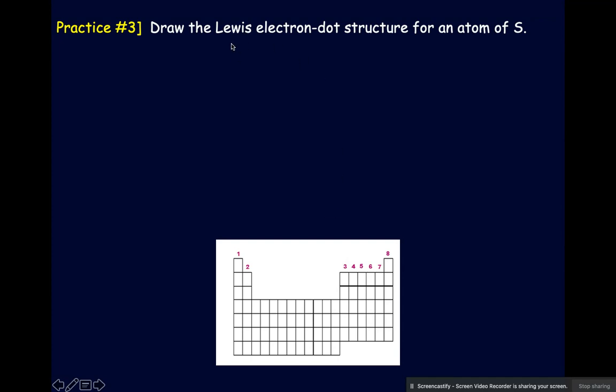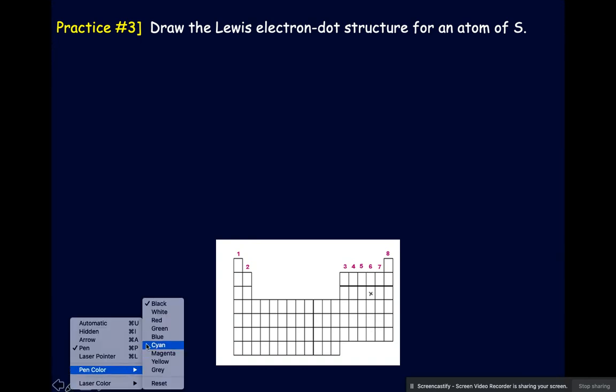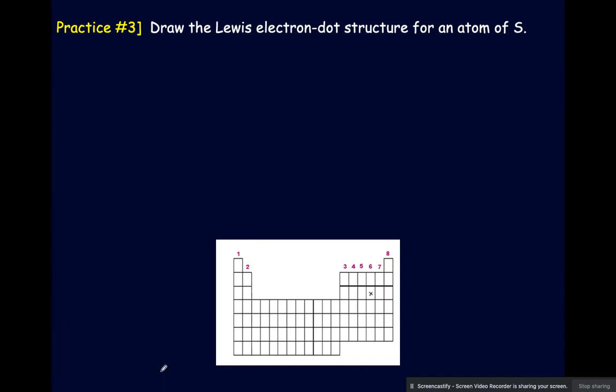All right, so draw the dot structure for an element of sulfur. Okay, sulfur, if we take a look, is going to be in 6 here. It's in this section of 6. So that's kind of easy to do. That's in the 3p4 range. Okay, so we're going to say Lewis structure. So sulfur is, if I put my right color here,